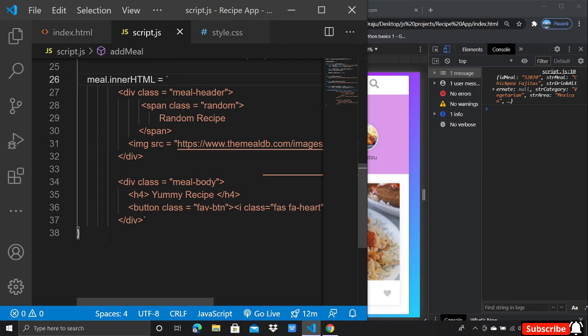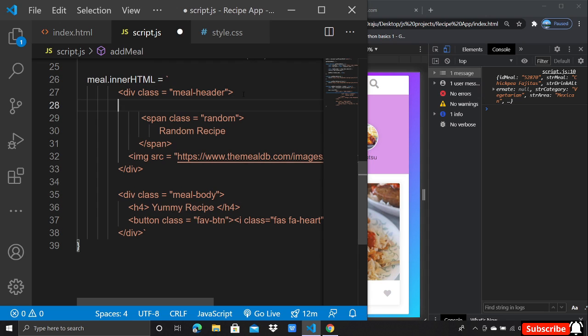image, because we already created an element by the create element function, right? So we don't want that particular div, so delete that. If we have a random meal, we show that meal details, else show nothing.